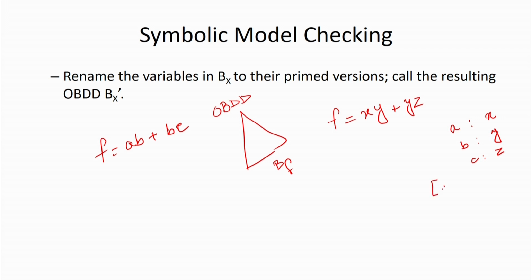The variable ordering should be A, B, C for the first equation and x, y, z for the second equation, because we are having this particular mapping. So, if we are having the same variable ordering, basically with respect to their corresponding mapping, we are going to get the same BDD. So, now what happens, we are having Bx, which is a BDD representation of the state